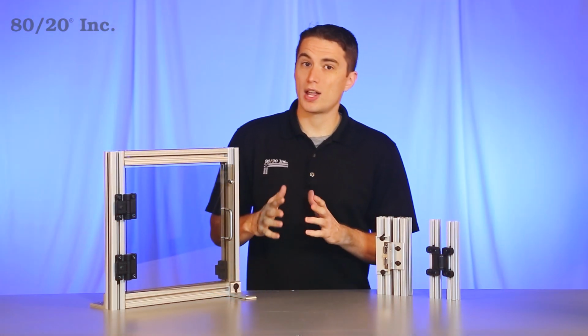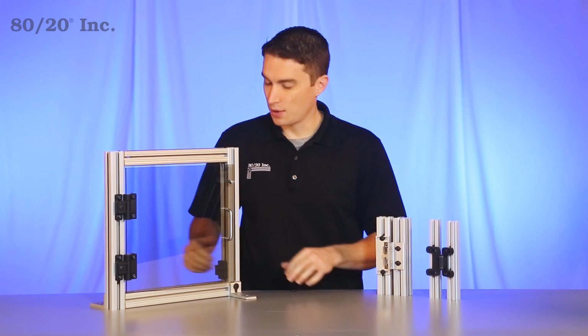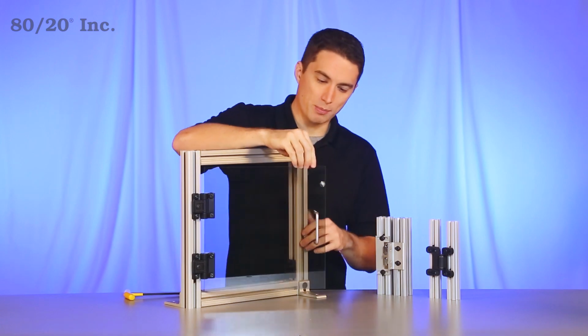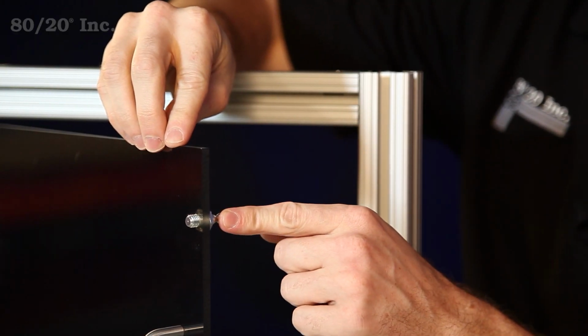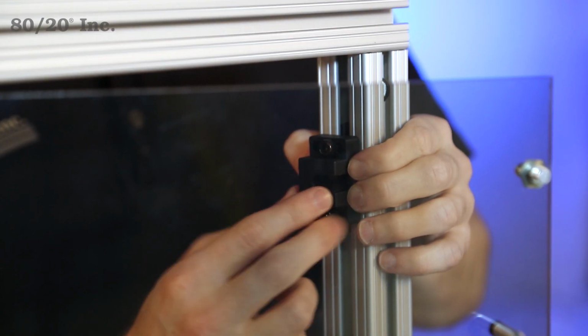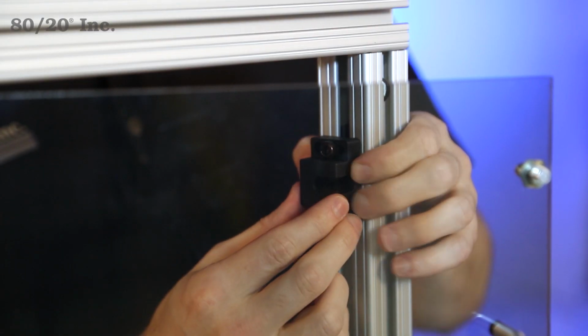Now, all three of these ball latches install in a similar way, so today we're going to use the nylon single ball latch. As you can see, we've got the ball portion threaded into the panel itself. The other half, the latch, we're going to preload the T-nuts and the bolts into it and slide it into